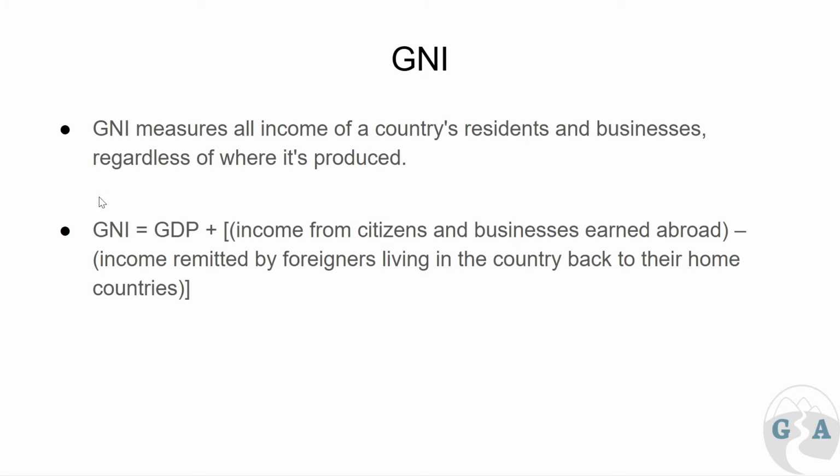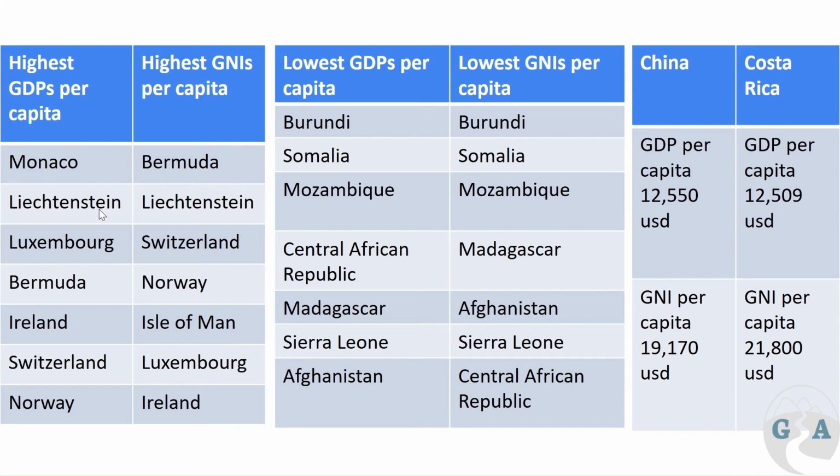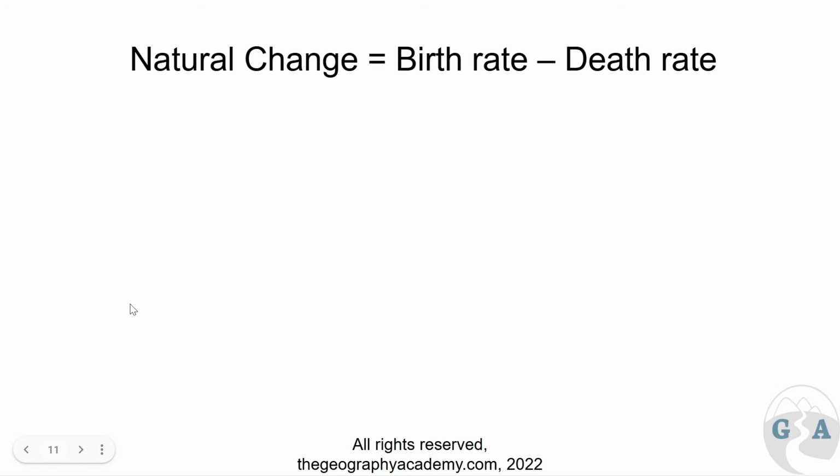GNI is looking at the GDP, but it also consists of the amount of remittances sent back by migrants. And we can see that in a collection there. So quite important, like the highest GDPs here, showing a different scenario. Some countries featured very highly in other areas, but others did not. We can see the GDP per capita is limited, as it shows Costa Rica and China together. And then in GNI per capita, they're a couple of countries apart, and there's a bigger gap between them of about $2,000 to $3,000 in income per capita.